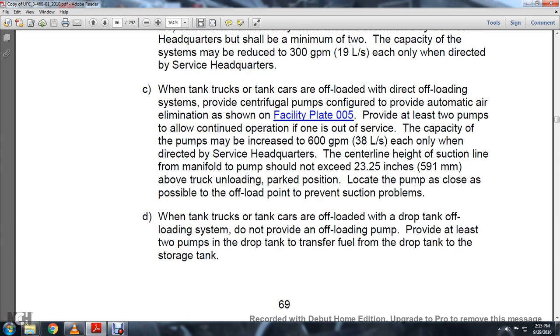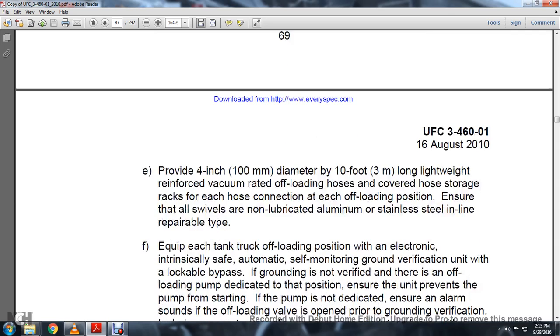When the tank trucks or tanker cars are offloading with the drop tank offloading, do not provide an offloading pump. Provide at least 2 pumps in the drop tank to transfer fuel from the drop tank to the storage tank car. Provide 4 inches diameter by 10-foot long, lightweight, reinforced, vacuum rated offloading hose covered by the hose storage racks